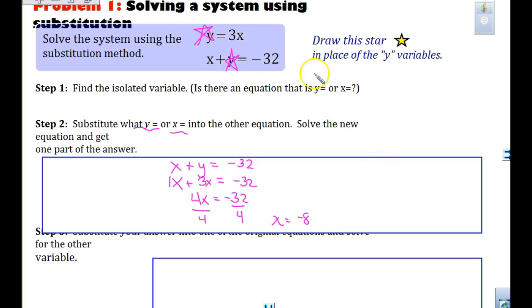Remember, when we have a system of equations, we are looking for our answer to always be an ordered pair. So our answer always has to be parenthesis x comma y. We have just found, in this case, x is negative 8. We need the y. As you look back at your two original equations,